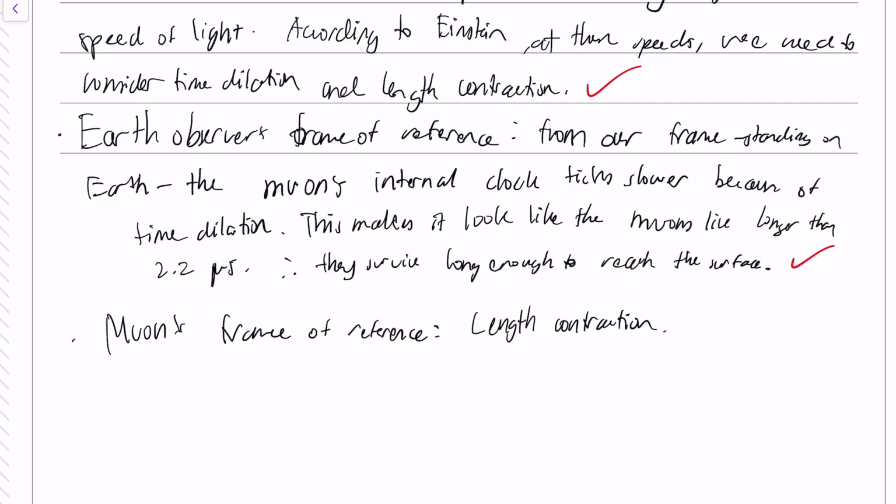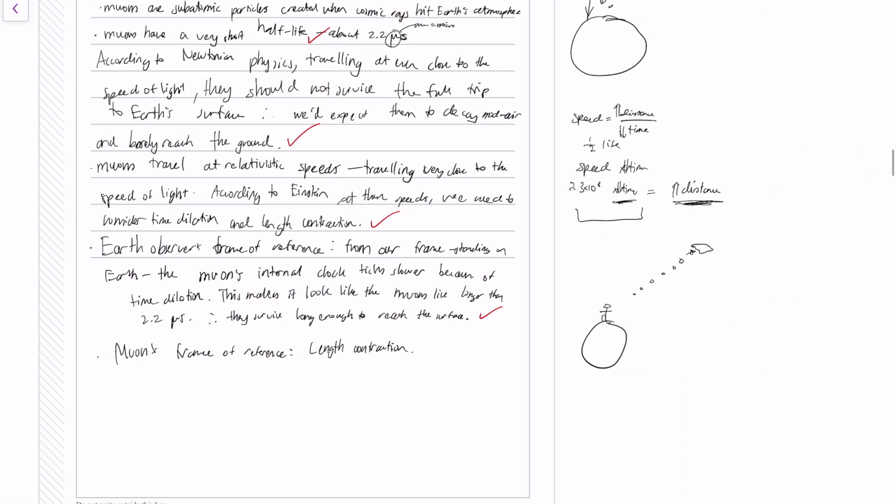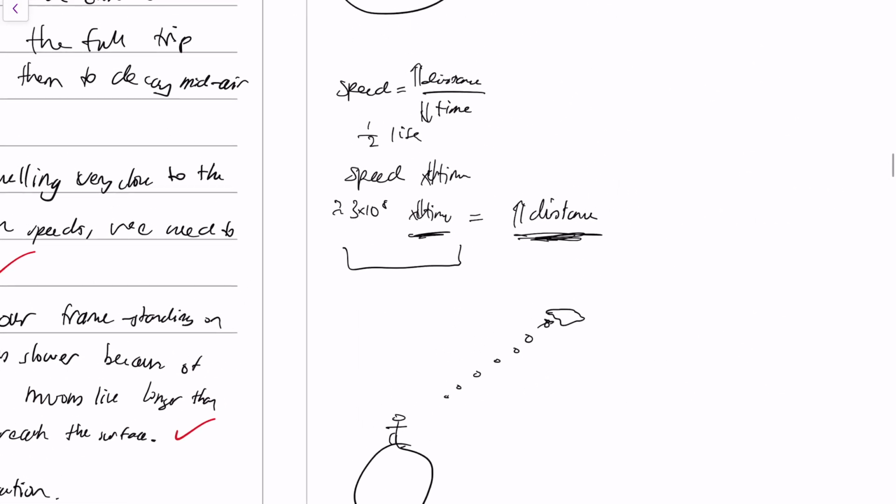Because if they're traveling at relativistic speeds, they need to reach a distance. But if they can shorten that distance by traveling at relativistic speeds and experiencing length contraction, then they're going to